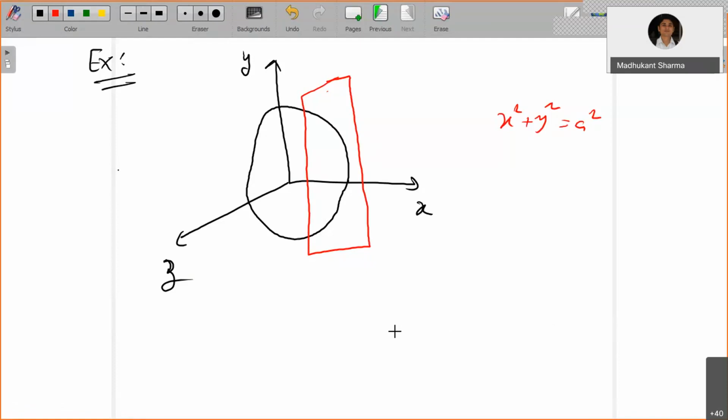Okay, right. So now this circle area is, you know, right? What is the area of the circle? It is pi a square, right? Okay, so that means the volume of this is going to be,